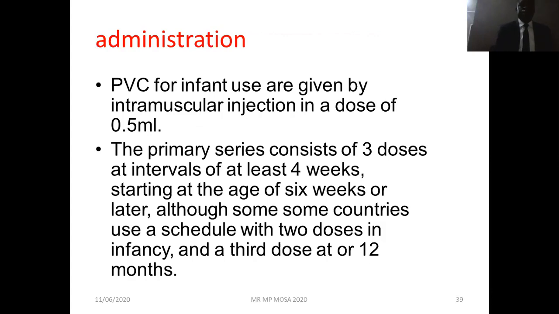During administration, PCV for infant use is given by intramuscular injection in a dose of